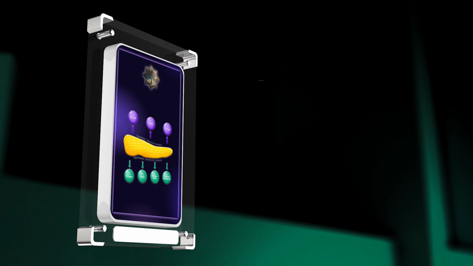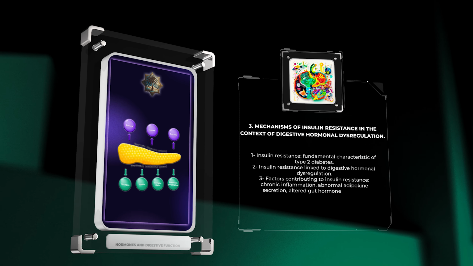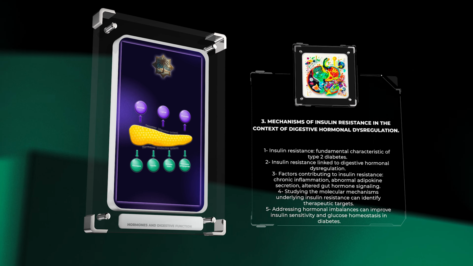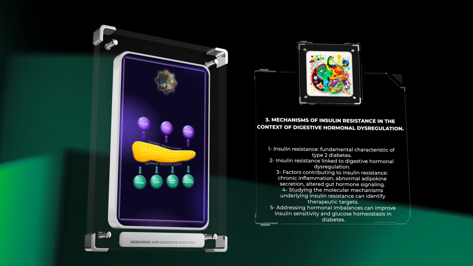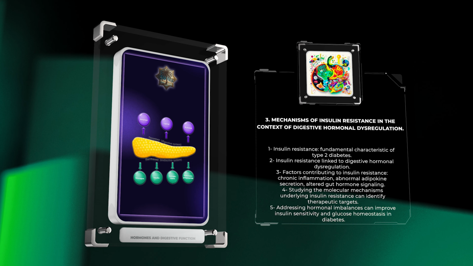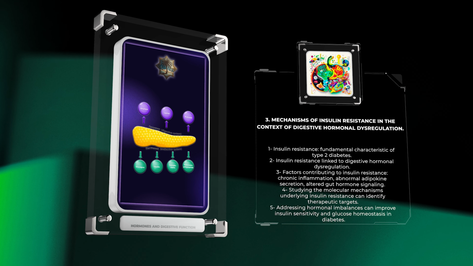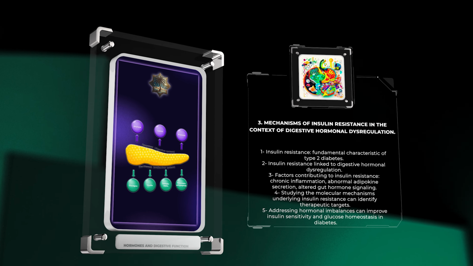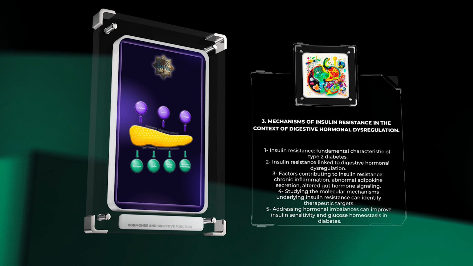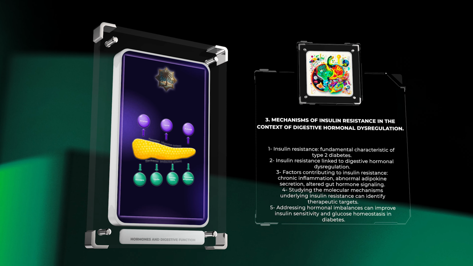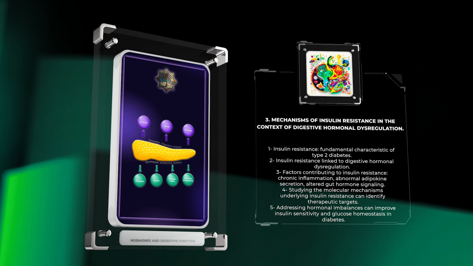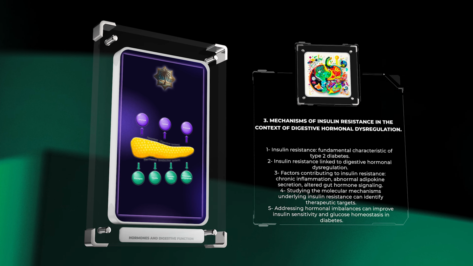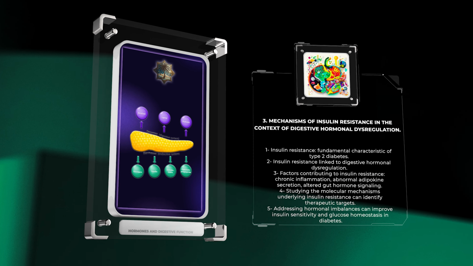Insulin resistance is a fundamental characteristic of type 2 diabetes and is closely linked to digestive hormonal dysregulation. Several factors, including chronic inflammation, abnormal adipokine secretion, and altered gut hormone signaling, contribute to the development of insulin resistance. Studying the intricate molecular mechanisms underlying insulin resistance in the context of digestive hormonal dysregulation can provide valuable insights into potential targets for therapeutic interventions. By addressing the underlying hormonal imbalances, it may be possible to improve insulin sensitivity and glucose homeostasis in individuals with